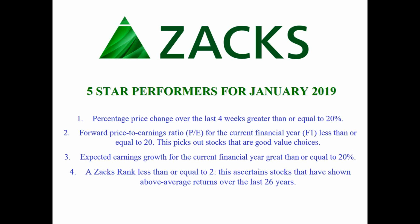So they're looking for fundamentally sound companies, okay? Number three, expected earnings growth for the current financial year greater than or equal to 20%. So they want some type of earnings report that's going to substantiate this as one of their top performers. And then lastly, they put in their own proprietary tool, a Zacks rank less than or equal to 2. This ascertains stocks that have shown above average returns over the last 26 years. So this is their own proprietary tool for defining, as one piece of the puzzle, the star performer for January